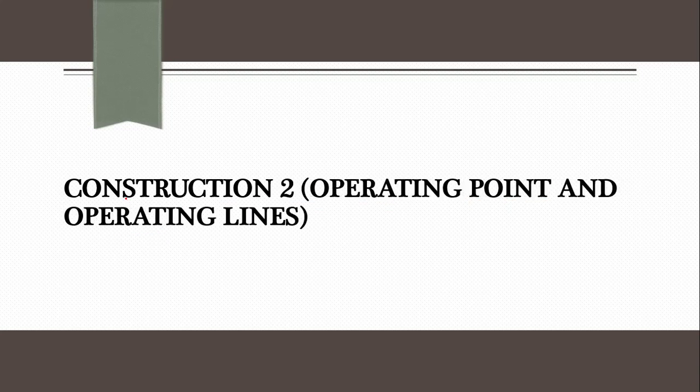Now the point where I stopped yesterday was construction 2. As I said at the end of the last lecture, in construction 1 you have seen that many steps are common, or the points are similar, as you have already seen for a one stage system. But from this construction 2, we are going to start something new which you didn't see before in liquid extraction, and that's the location of the operating point as well as operating lines. So let's start with this.